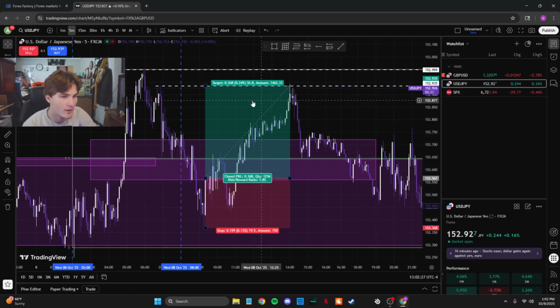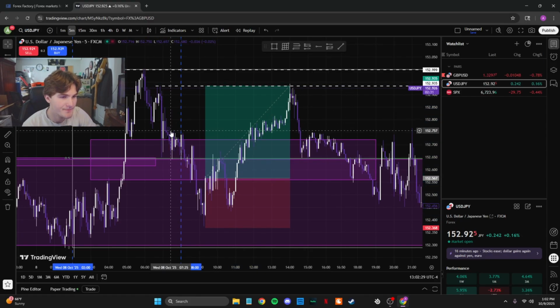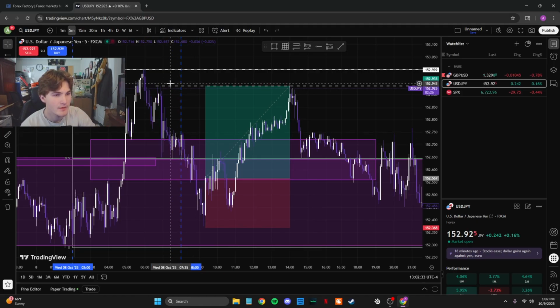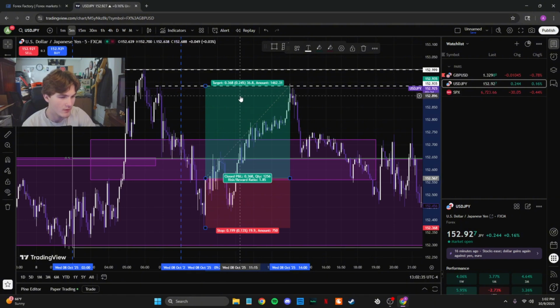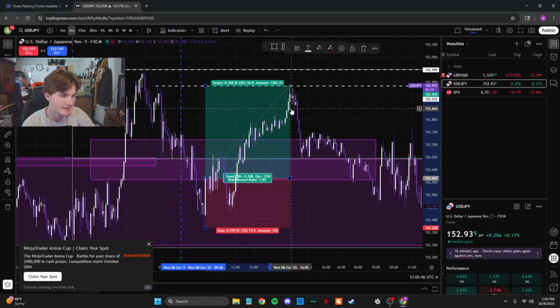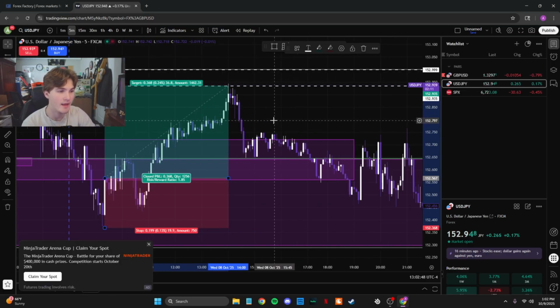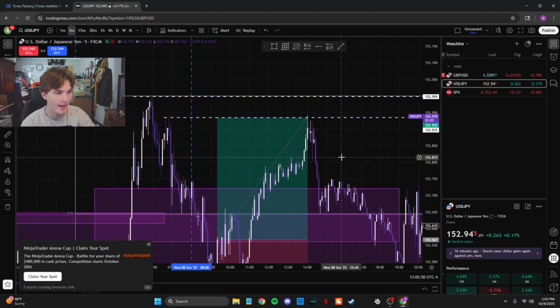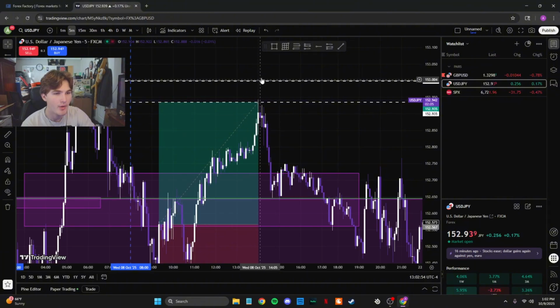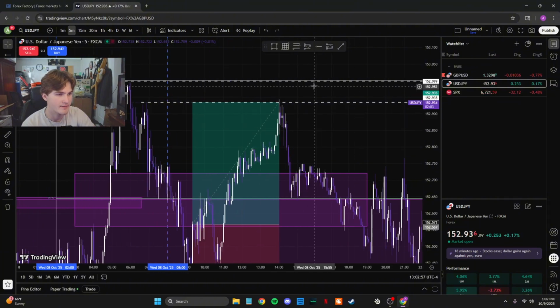So it would have hit this take profit. You could have put 1-to-1 right here. Now this is close to 2 RR on this one, and then we could have shot for this, but it was getting too close to news, right? So this is the exact candle that news comes out, and if news was not happening yesterday at this time, this probably would have respected these highs again.